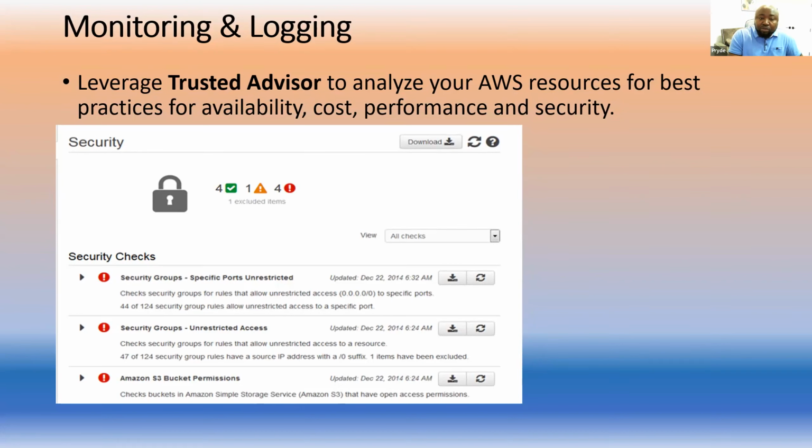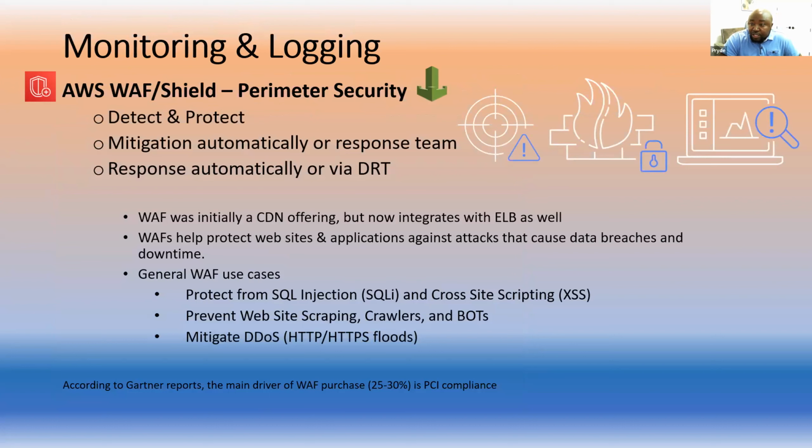Another service used within AWS that is very important for perimeter security is AWS WAF or Shield. AWS WAF is the web application firewall. You can use this firewall to dictate and to protect. Initially, it was built for CDN, for distributed networks, and with time it has been integrated with elastic load balancers, because at that preliminary level